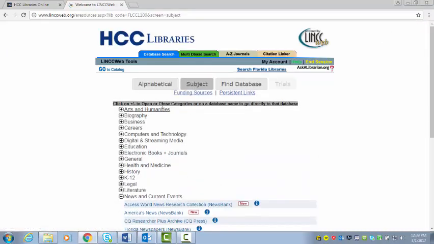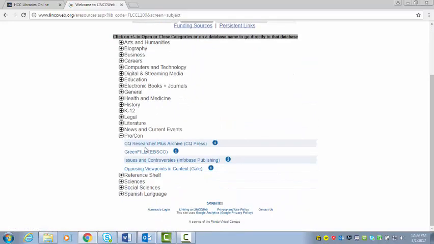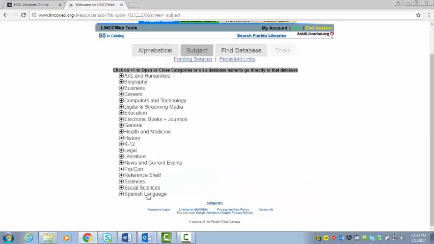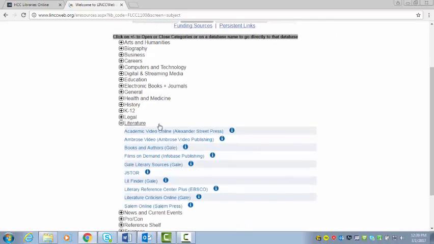And when you click on it, you will see a list of all the different subjects that are listed. Under each subject, you will see a drop-down menu. If you click the plus sign, a list of databases related to that subject will appear. So as you can see, this list is quite diverse. In case you are writing about